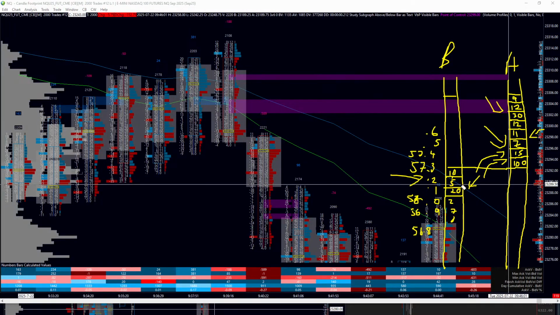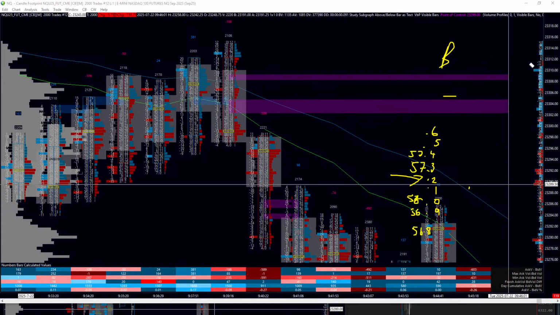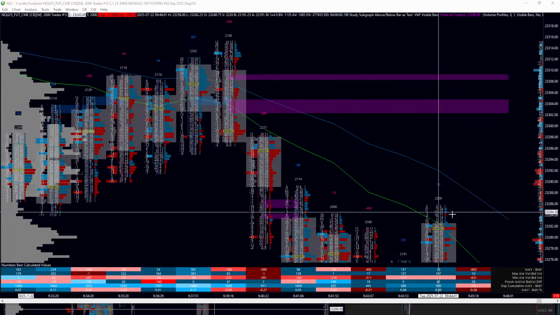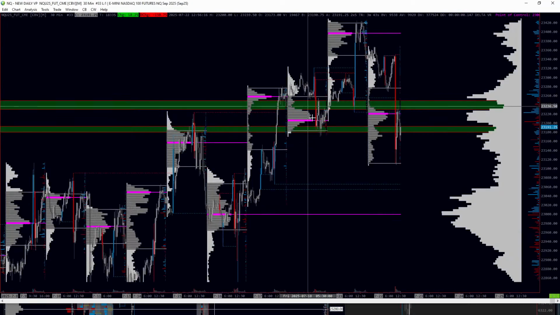Now what I'm going to do is show you how absorption actually plays out in real time in the market, right, and how we can use this to trade. So I'm going to do some very brief auction market theory analysis based on the topics that we spoke about last week. So today on NQ, for example, right,